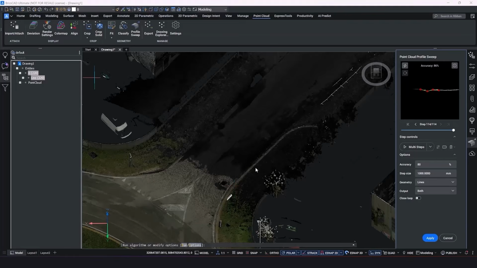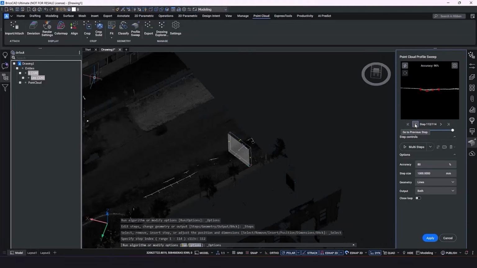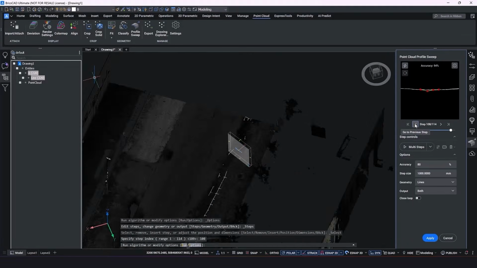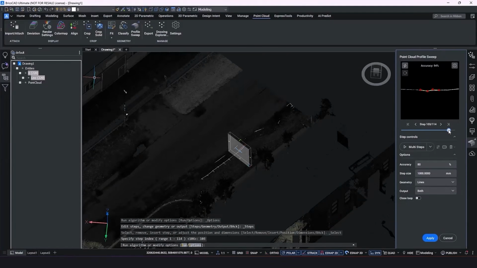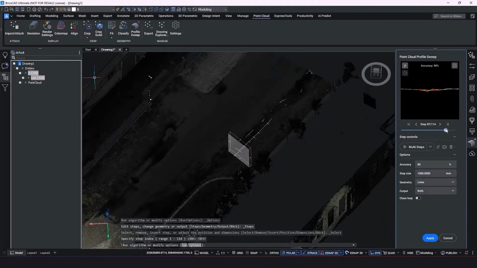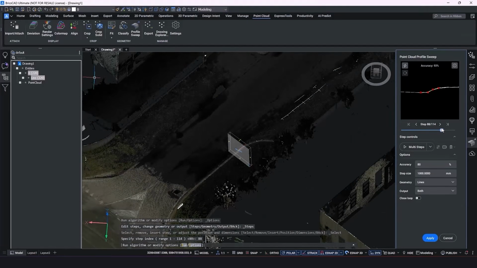Okay, we're still in the command, but we have a problem. This is not what we want. We can see over here. Now, how can we get rid of that? We can just go back through the steps, or we can use the slider to take us back to where we think we were back on track.